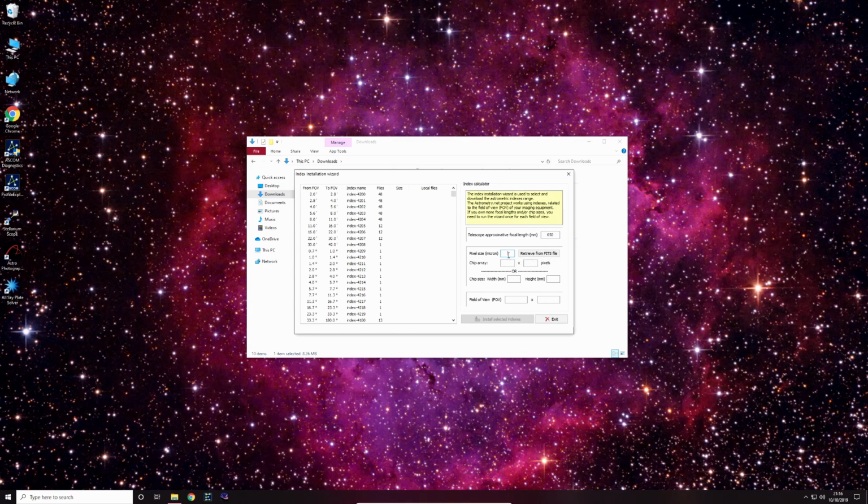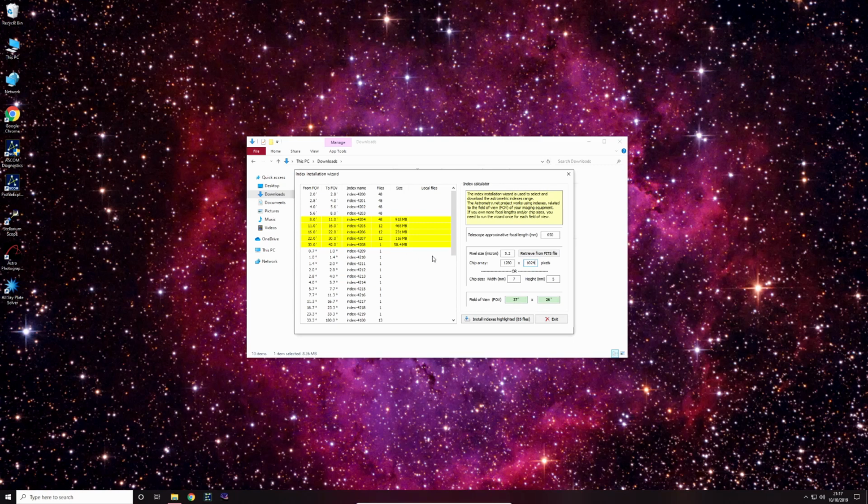I know the pixel scale that is required is 5.2, and my chip size is 1280 by 1024, and you will see that it has highlighted in yellow a number of index files that we need